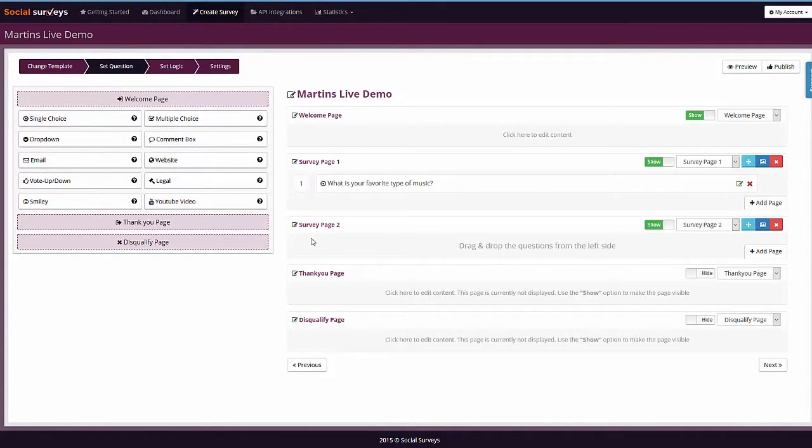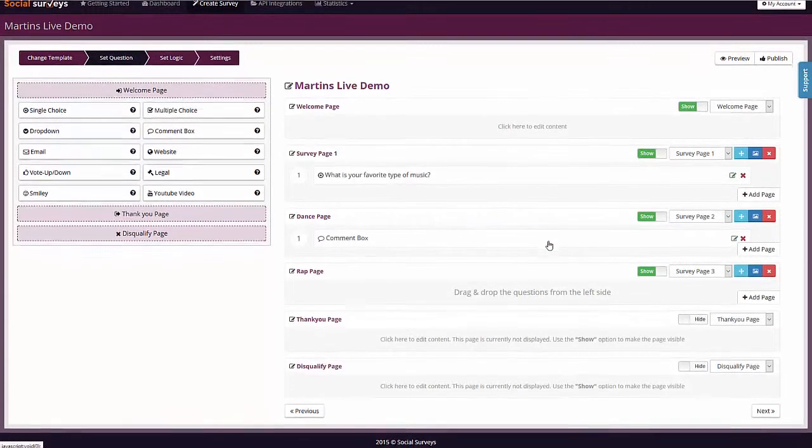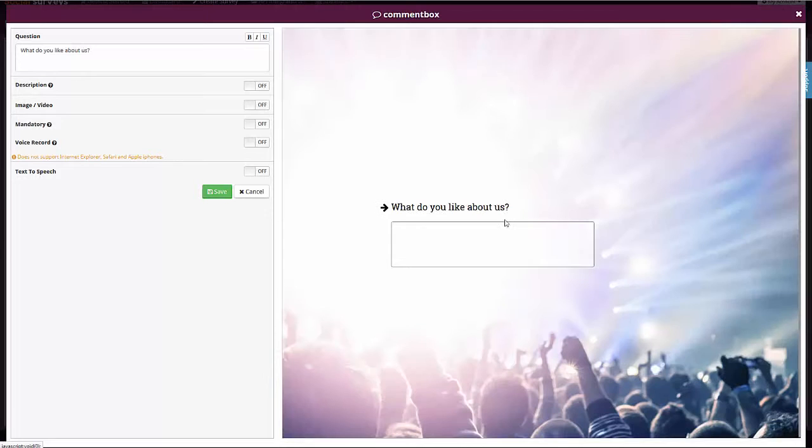So for this demo and to demonstrate the question logic system, which is very powerful, I need to add 3 pages. So you can rename the pages so you don't get lost. So I'm going to call them after the answers. And I'm going to demonstrate the logic now. So we'll add another question specific to the previous answer. So we'll go for a comment box for dance, and we will say